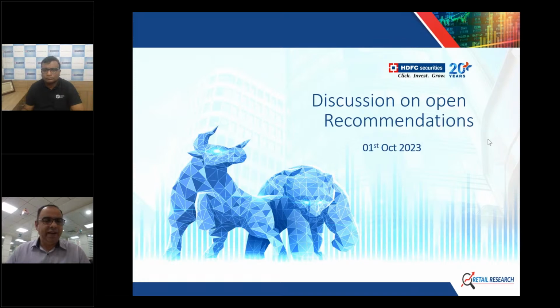On the IT side, the sector is a little reluctant to move up. Recently we have seen small upside bounces that failed to sustain in the last 2 sessions, and the IT sector has declined. There is a support currently placed just below, at the 200 EMA. If that support breaks on the downside, then IT majors like TCS, Infosys, HCL Tech, and Wipro are likely to come down further in the near term.